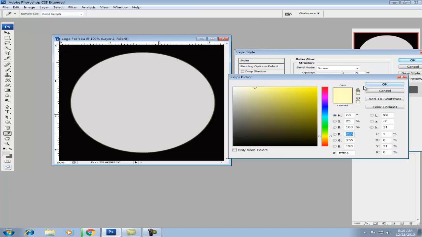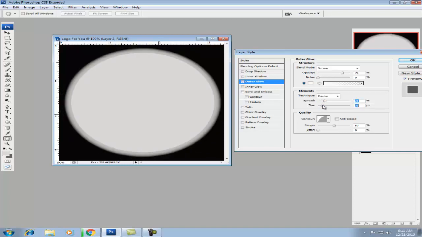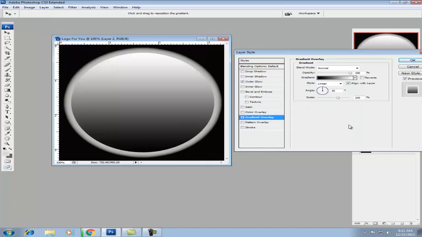So what we're gonna need is to choose white, the outermost white. Precise, okay, precise. Then your size will be like that. Spread, no, too much. Okay, like that. So you're gonna need to change the gradient overlay to like that.